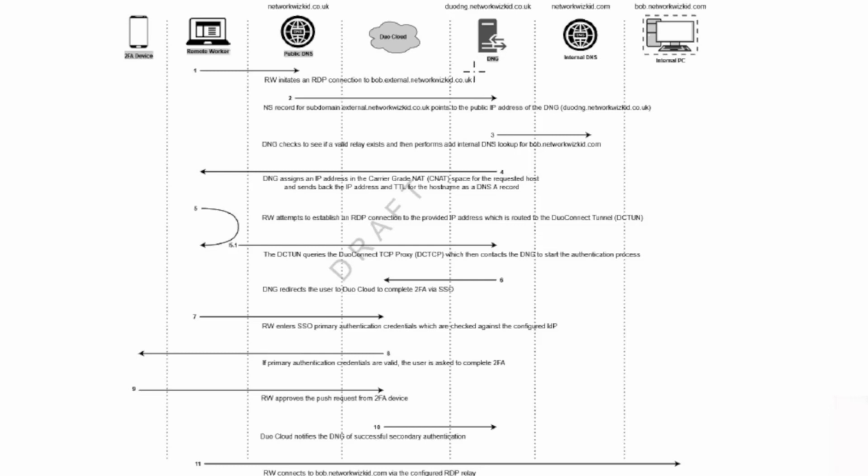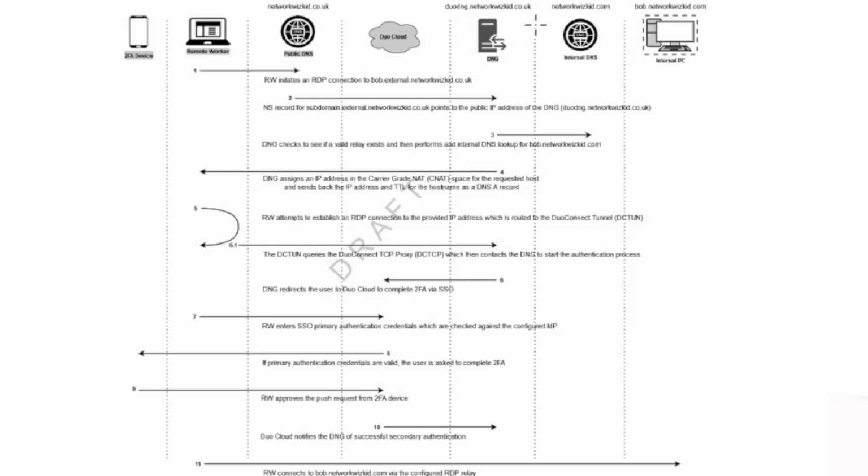So that remote worker wants to access this remote desktop client, and one thing you've probably noticed already is that the fully qualified domain name is different to the internal domain name, and that's totally fine, because our public DNS is going to route that appropriately to our DNG, then on to our RDP instance once the resolution from the